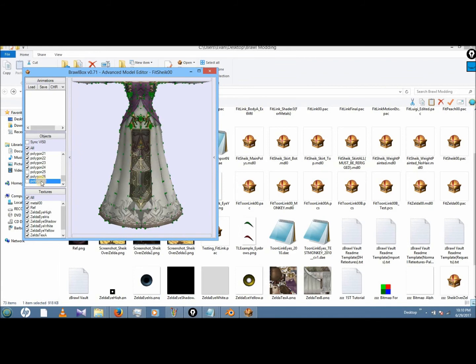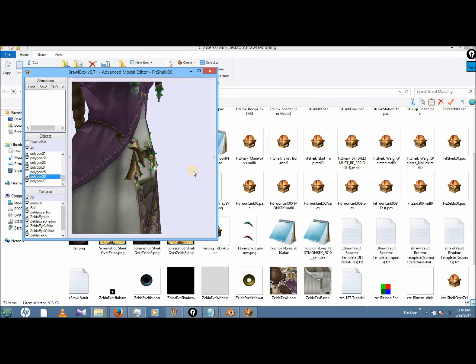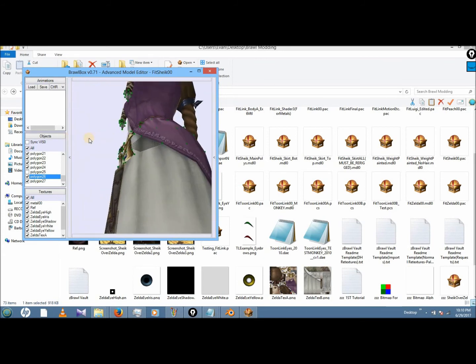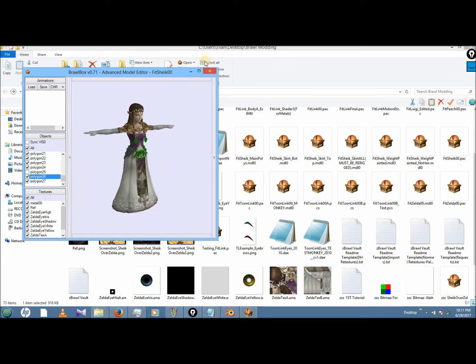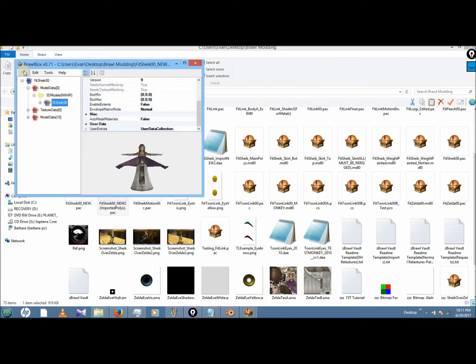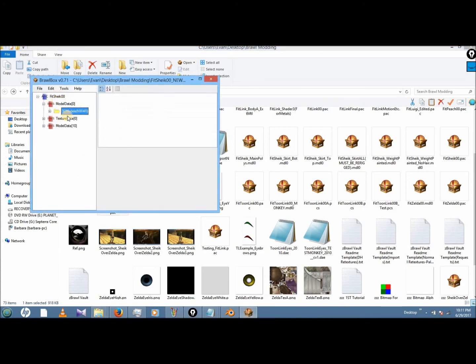Skirt's slightly different, but I wouldn't worry about it. Gems might have to be vertexed slightly, but I'll figure that out in a bit. For now, it's more or less fixed. I just have to delete the extra polygons that I'm not still using, and change the materials and shaders back to what they were.